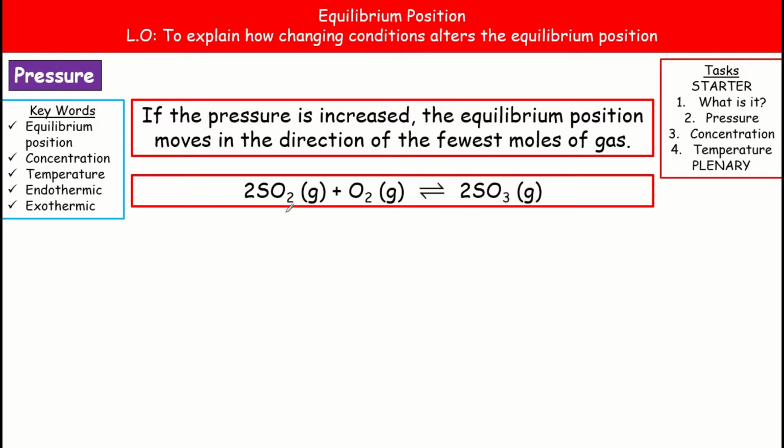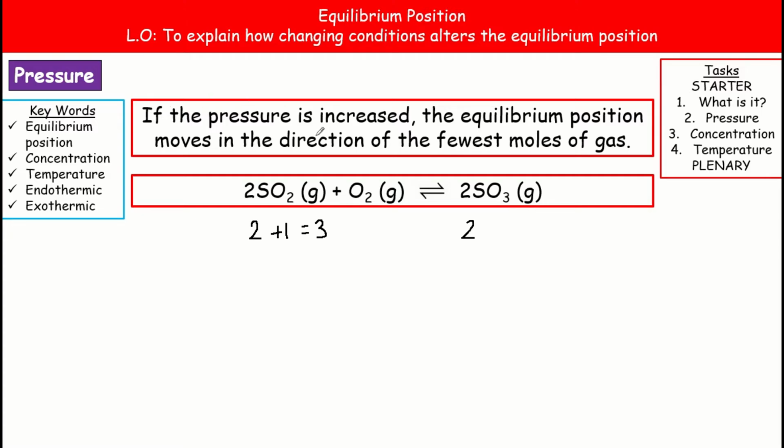Once we've identified the gases, we need to work out how many moles we have on the left, so our reactants, and how many moles we've got on the right, our products. So here we've got a 2 in front, so that means we've got 2 moles of our sulfur dioxide, and because there's no number in front of the oxygen, that means it's 1 mole, so we've got 2 plus 1, which gives us 3 moles on the left. Okay, so 2 moles of sulfur dioxide, 1 mole of oxygen, gives us 3 moles of gas in terms of the left hand side. On the right, we've got 2 moles of our sulfur trioxide,